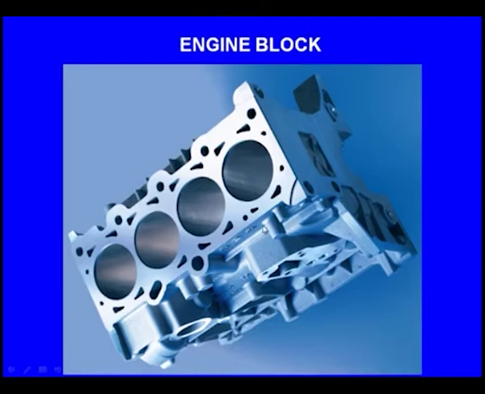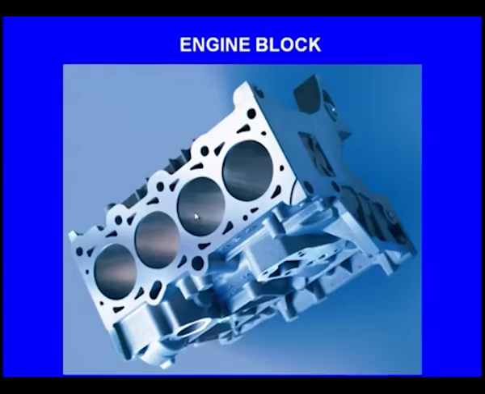Now, here we can see there is a hole, right. In all these we can see 4 holes are there. In all these 4 holes, 4 pistons will be reciprocating. Now, how to get these holes or these 4 cavities? We place the cores there. The molten metal does not occupy where we have placed the core and it flows around the cores. That is how after solidification we break the cores and we get the internal cavities. So, this is an important application of metal casting where core is used.